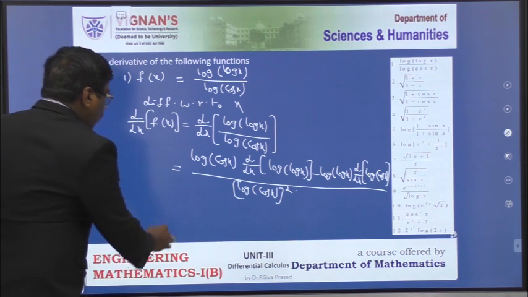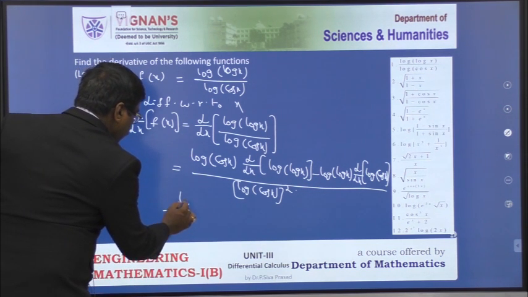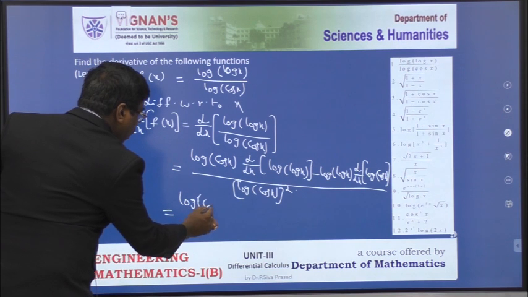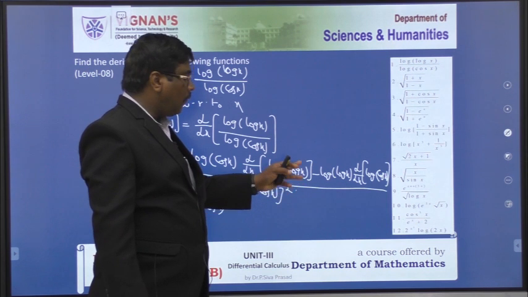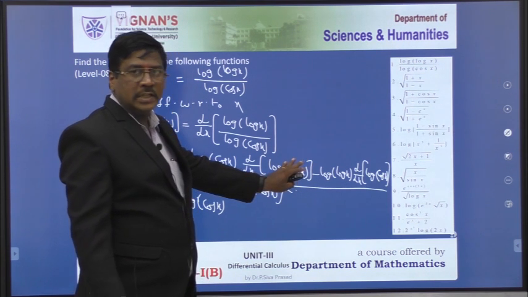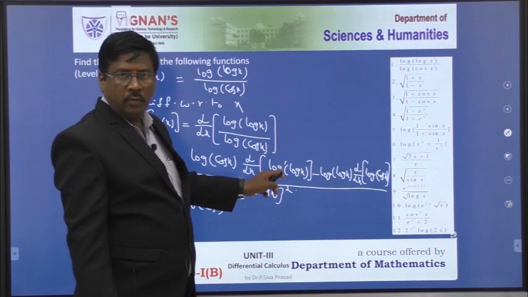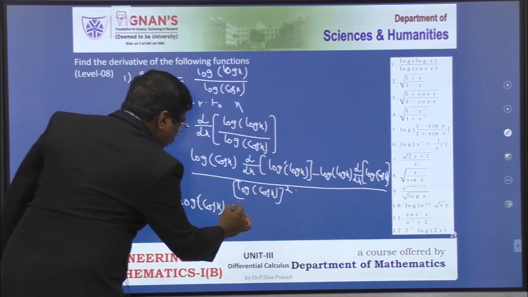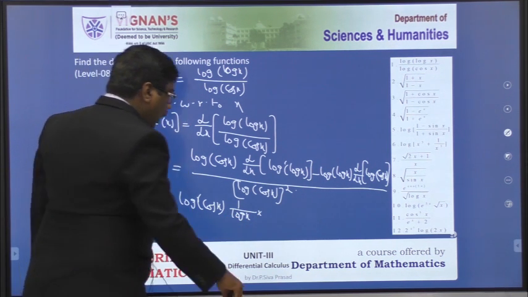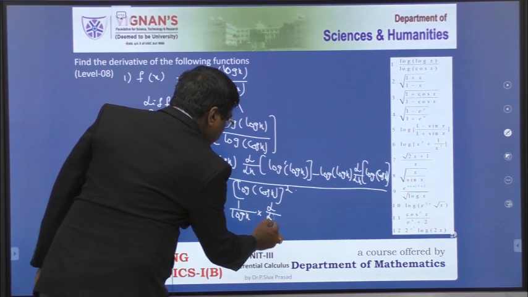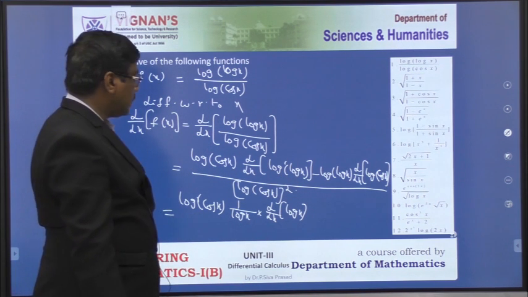Now this is equal to log of cos x into the derivative of log x. I assume this log x inside is x only; then it is in the form of log x. What is the derivative of log x? 1 by x. Therefore, this is equal to 1 by log x into d by dx of log x. That is the internal derivative, because I have to apply the chain rule here. D by dx of log x, minus